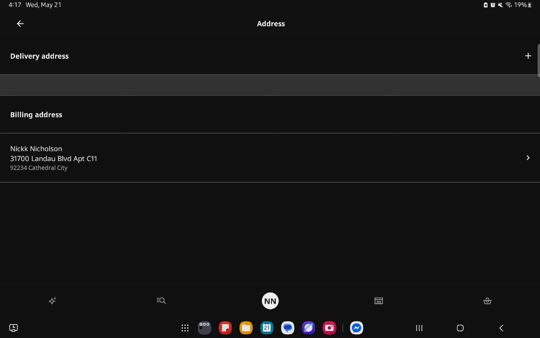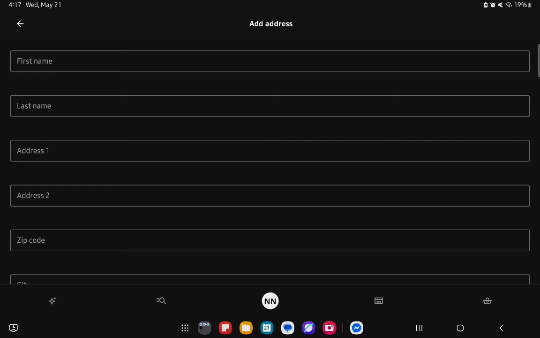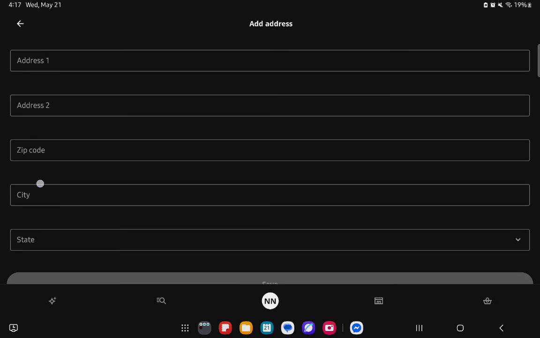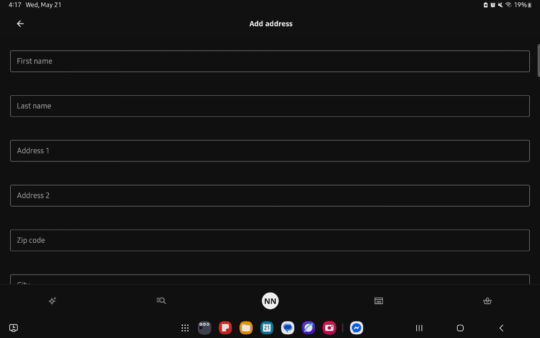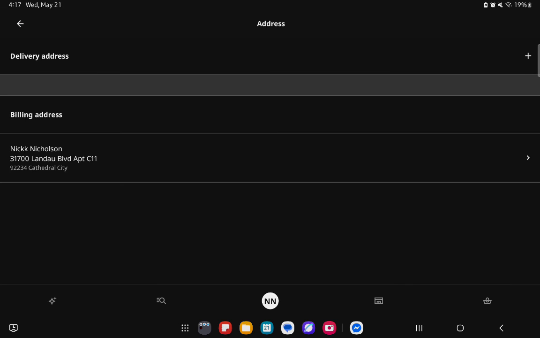You can just add the delivery address, for example. You can enter your first name, last name, and you can complete this whole address here, basically the zip code, city, and everything, and you can just press on save, and you will be able to add the delivery address like that. And you can also add a billing address if you want to, so you can simply